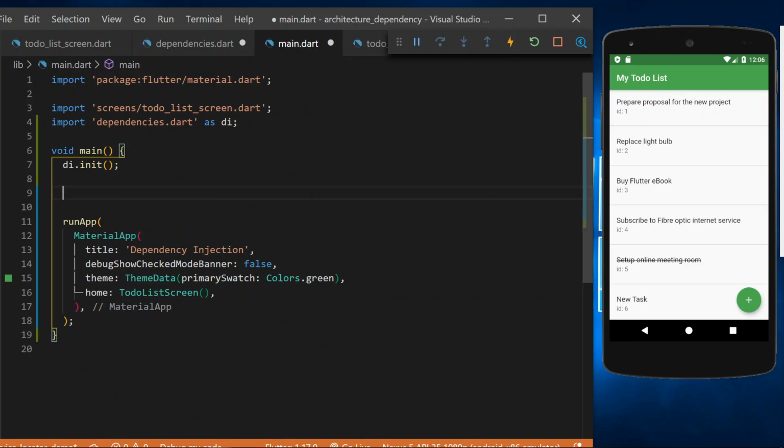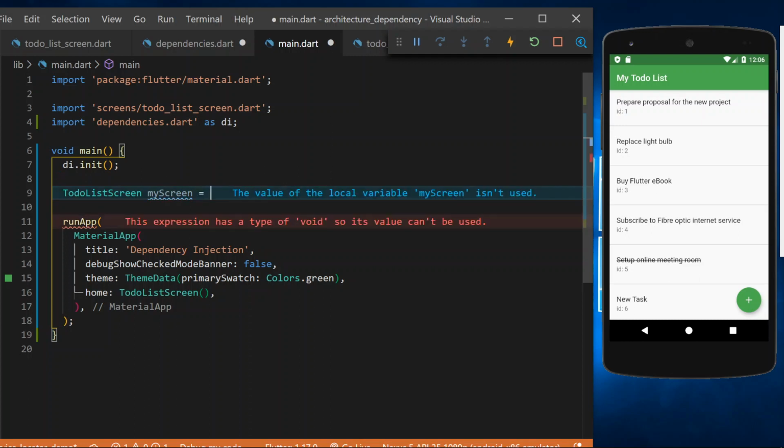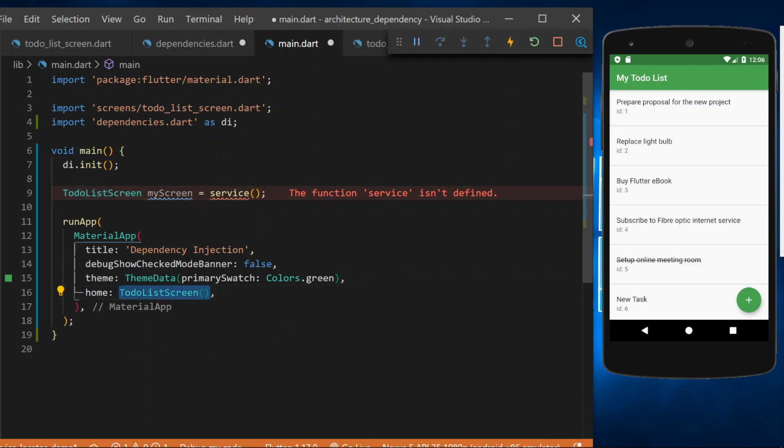So to-do list screen, let's say we call it, maybe I'm going to call this my screen, equal to the service, and then here we call to